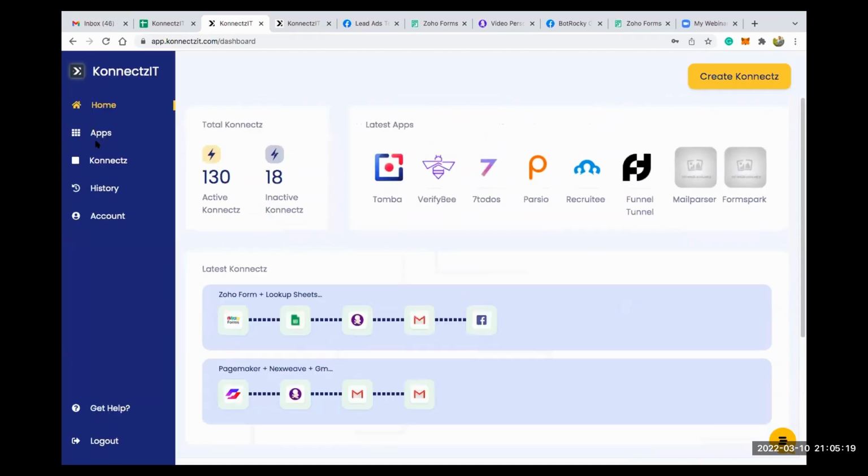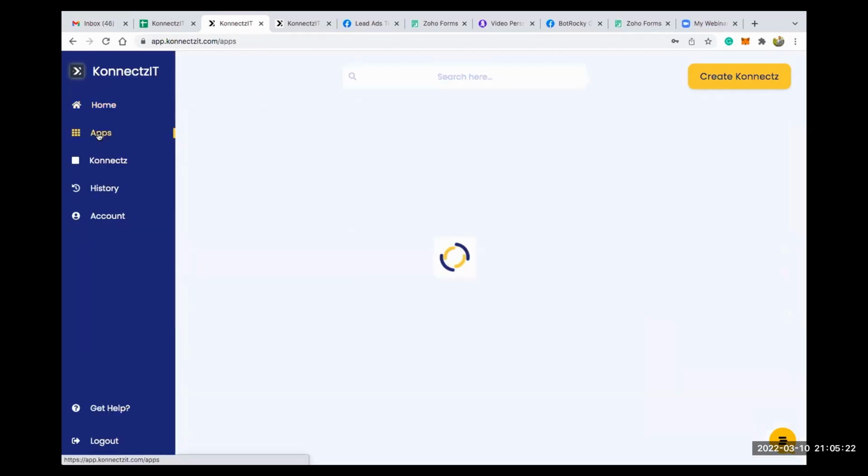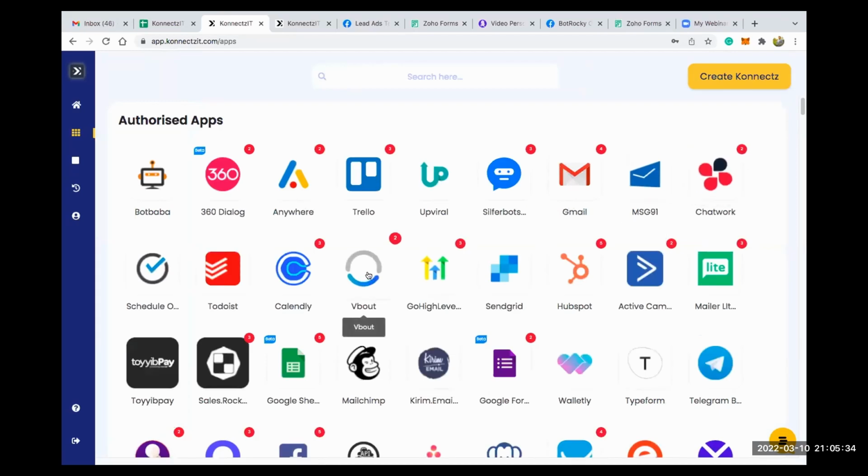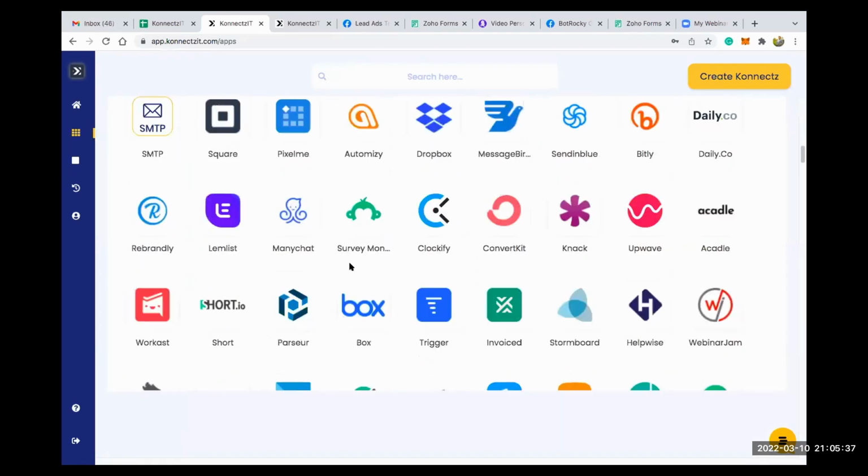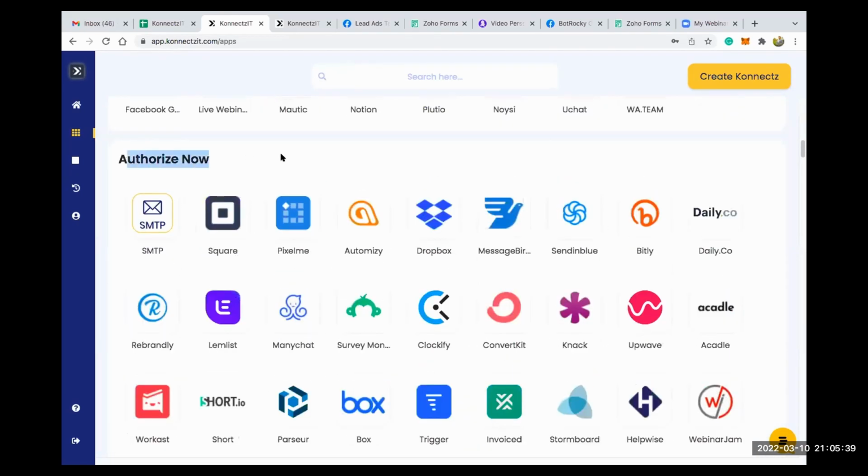Now let's jump on to the next tab, that is the apps page. This is where you will be able to access the total number of apps. We have more than 600 apps integrated inside KonnectzIT, and you can access all of them over here. Basically we have two types of apps. The first is authorized apps, which you need to authorize